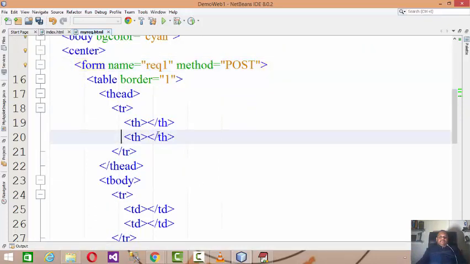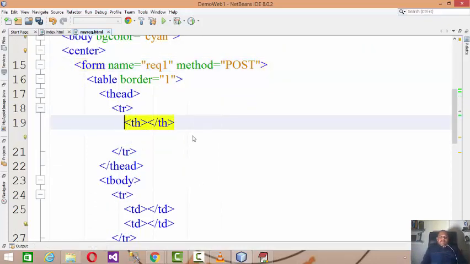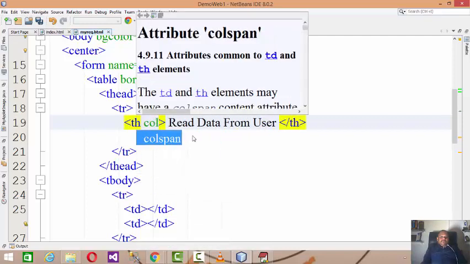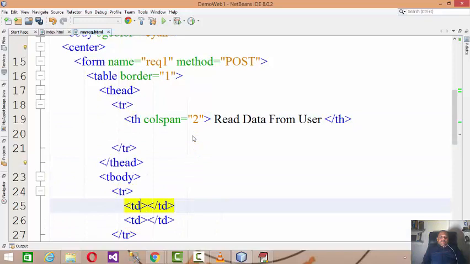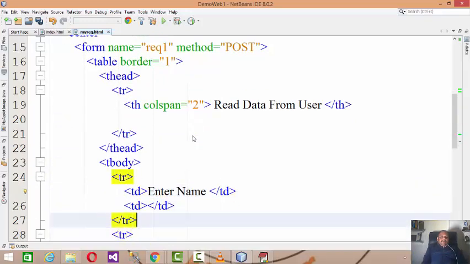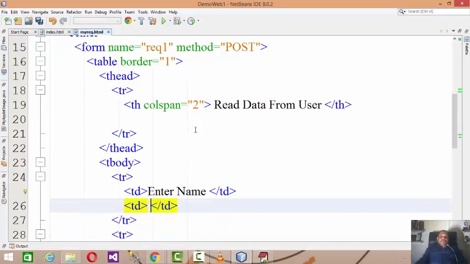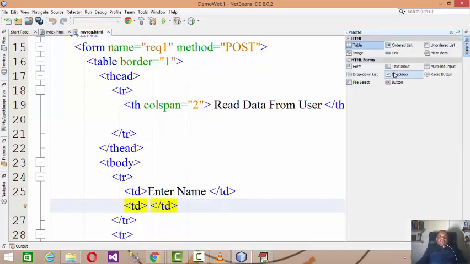Now I'm developing a table. Let us say I'm developing a request form, so read data from user. You may have a colspan of 2. Then I'll say enter name. So this field will read the name from the user.